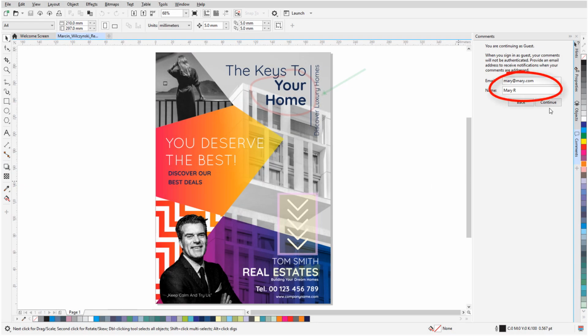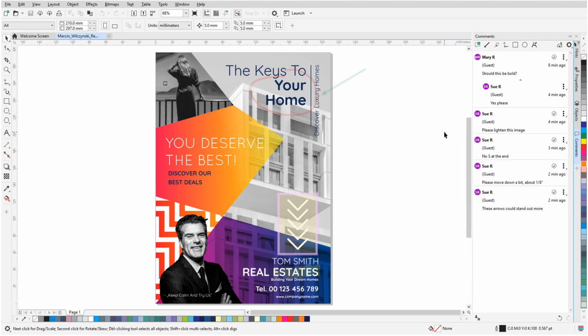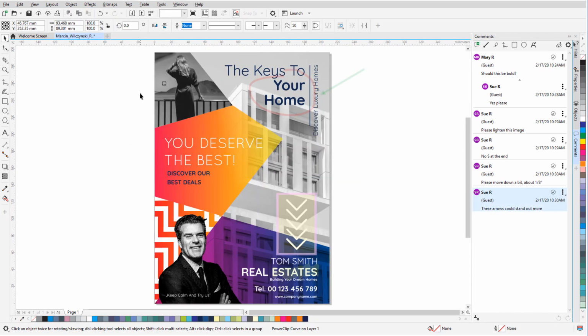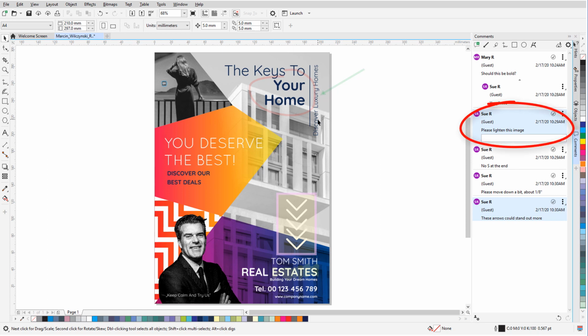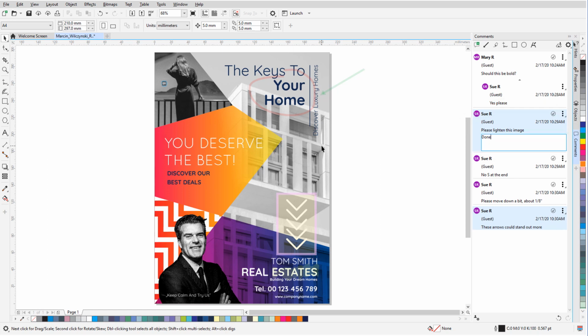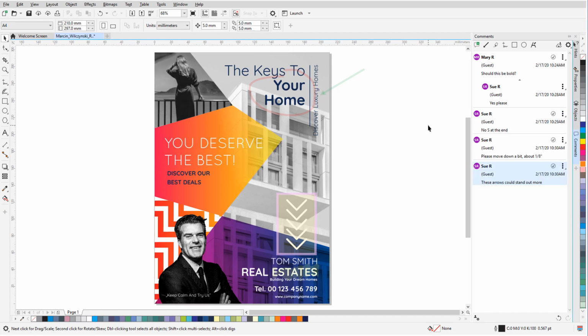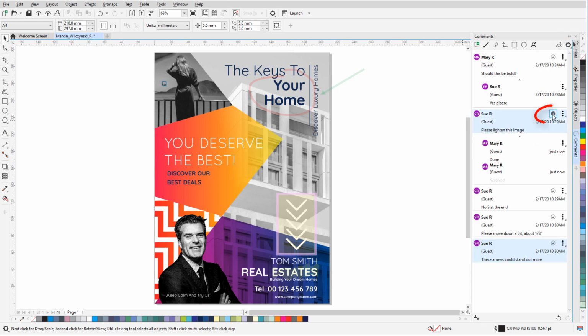I'm signed in again as Mary, and I can see all of Sue's comments and replies. I'll hover over the note, read the comment, and make the requested change. Then I'll click the note marker to open the comment in the Docker. I could reply, or if I have nothing to add, I can click Actions and choose Resolve. This hides the comment, but I can open the options and show resolved comments. Resolving can also be done by clicking the Resolve icon, which can also be used to open a previously resolved